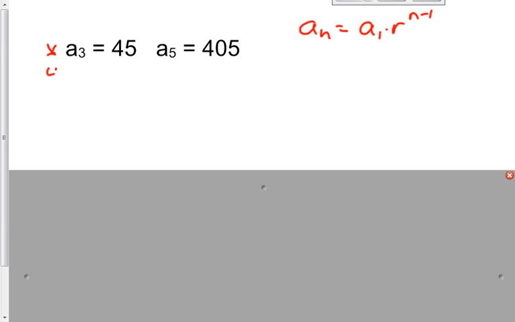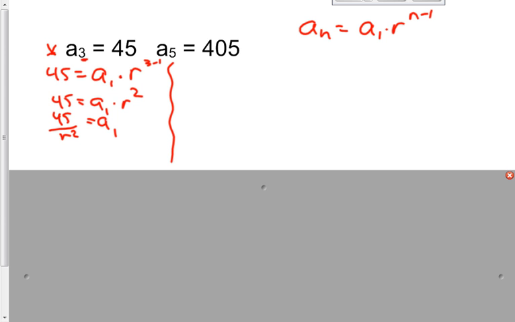All right, so the value of our answer is 45. We don't know the first term. We also don't know the common ratio, but I do know what term I'm on. I'm on the third term, so it's 3 minus 1, which is r squared. 45 equals a1 times r to the second. I need to solve for a1. a1 equals 45 over r squared. Now I move to the second term, second point. 405 equals a1. Well, we just got an answer for a1. We're going to use that. 45 over r squared times r raised to the, I'm now on the fifth term, so it's 5 minus 1,